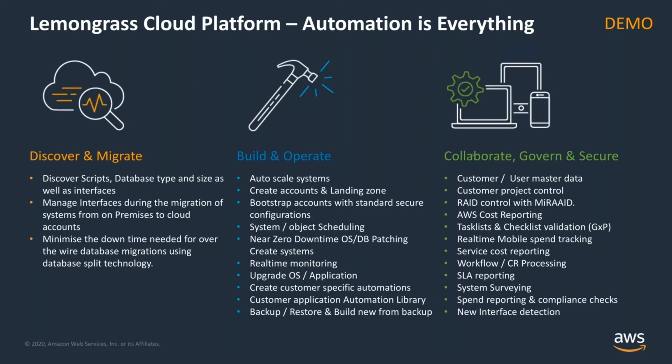And then finally, on the right-hand side, collaborate, govern, and secure. I think it's true to say with great flexibility also comes great risk. And we've seen this with organizations with people turning on lots of systems unchecked. It's easy to turn a light switch on, and as any teenage parent will tell you, they don't always turn it off. So having the ability to check that those systems are being controlled, that the right people can activate them, that the policies are there to turn them off,